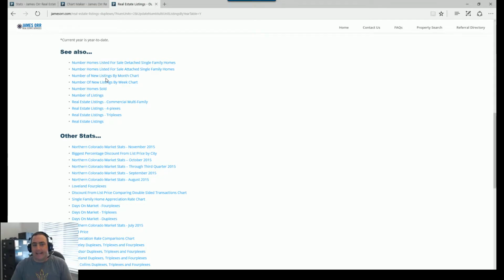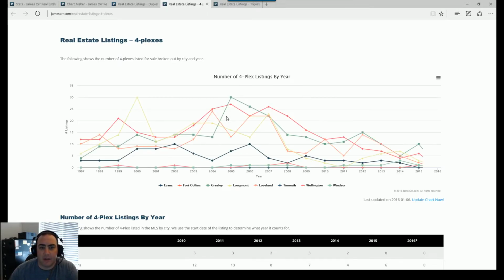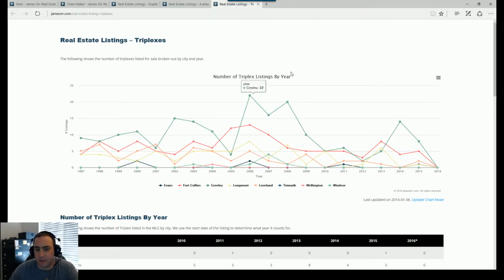So if we're looking at inventory, I'll put other inventory type charts. If we're doing other stats, I'll do other stats type things on here so you can see that. So right now I'm going to click on the link for real estate listings fourplexes and real estate listings triplexes. I'm going to use Control to open them in a new tab so that each one opens. Looks like I hit fourplexes first, so I'll click to the